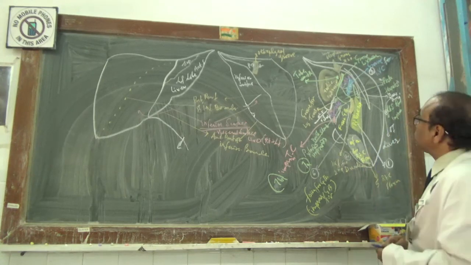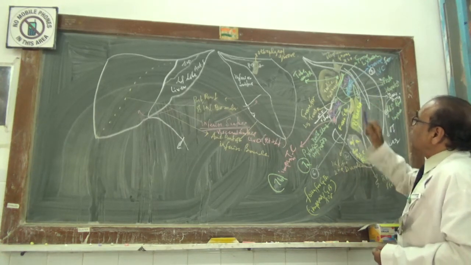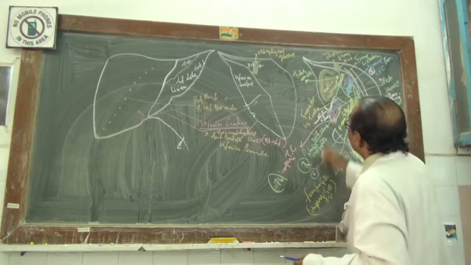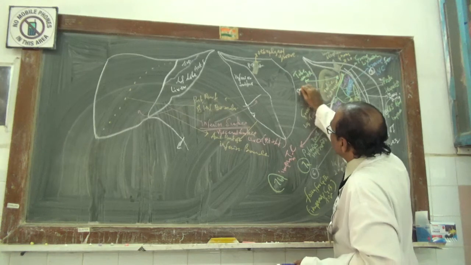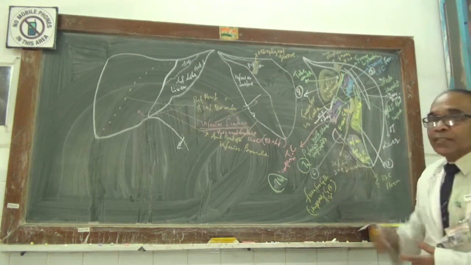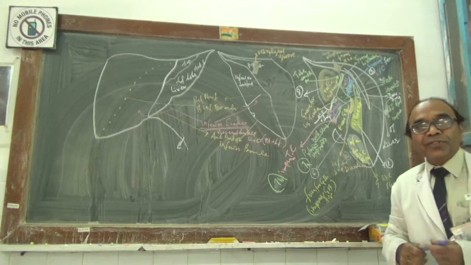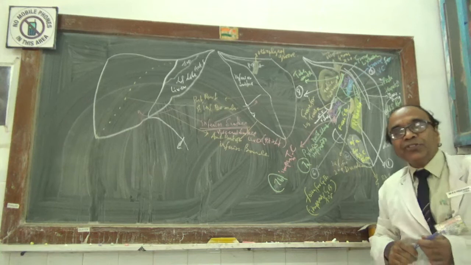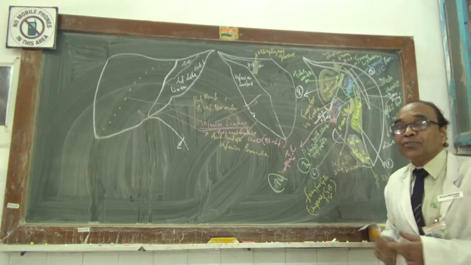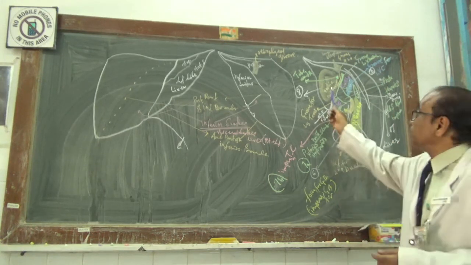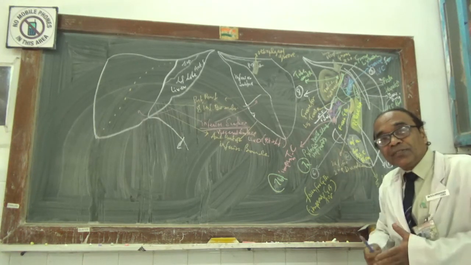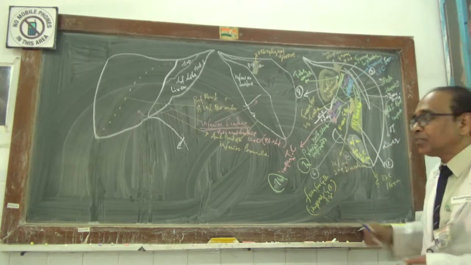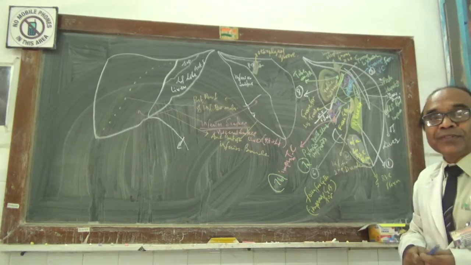Now you have to go to the next one. This will be the eighth, the gastric impression. The gastric impression is a large hourglass-like impression present on the inferior surface of the right lobe and left lobe of the liver. This impression is made by the anterosuperior surface of the stomach.